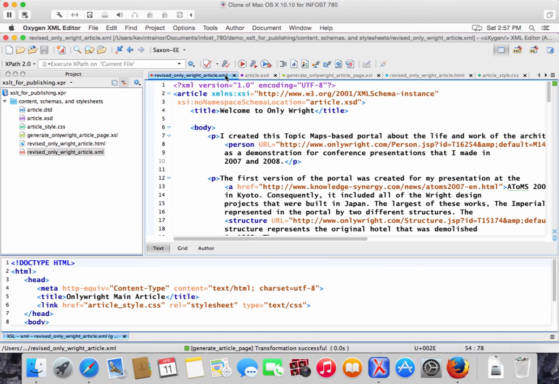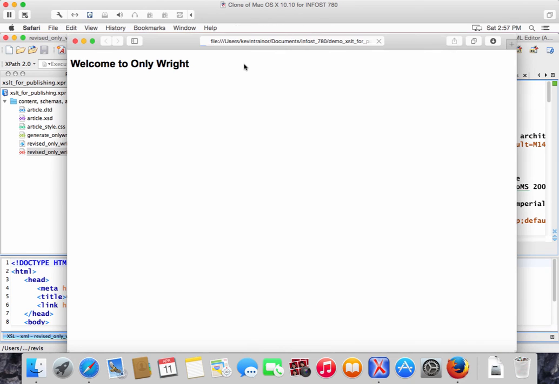So let's go back. I think it typically helps when you're working like this to always point to the XML document and have the transformation scenario match an XML document to the XSLT document. So click on the XML document, click on the transform, and there we go. Okay, I kind of like how that looks. That looks good to me. All right,